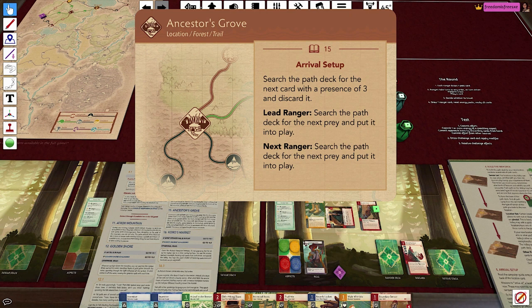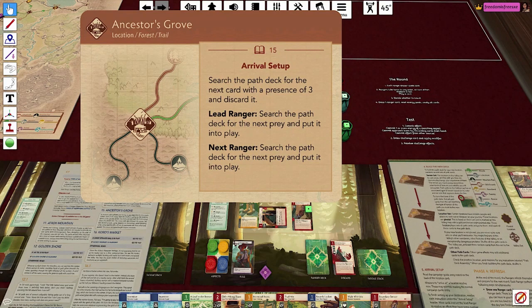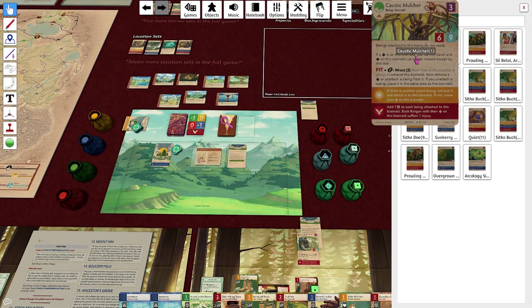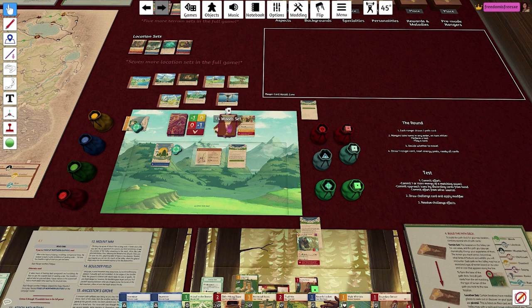So I pause, I think about my ancestors. I note that this is a forest and a trail, which is of course going to help me because I do good with trails, thanks to being an exploring traveler. So the arrival setup is search the path deck for the next card with 3 presents and discard it. Uh-oh, I forgot about this because this means I am going to have to... Oh, that's unfortunate. There is something that could have eaten this 3, but that did not happen, so...